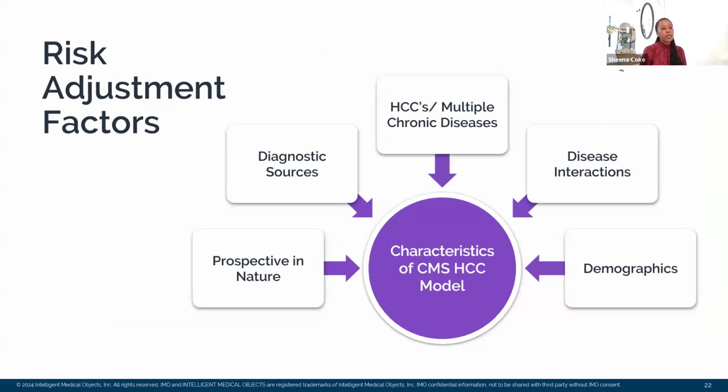And specifically, let's take a moment to talk about the impact of HCCs on risk adjustment. So a key focus in recent years, as more and more providers shift from fee-for-service to value-based care, what you'll see here are these five characteristics or attributes that contribute to risk adjustment. But let's focus specifically on HCCs for both optimizing clinical care documentation and chronic care management, but also those downstream